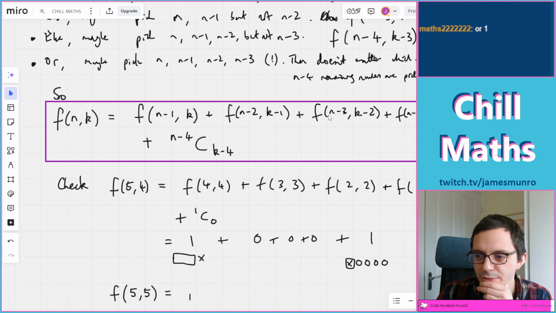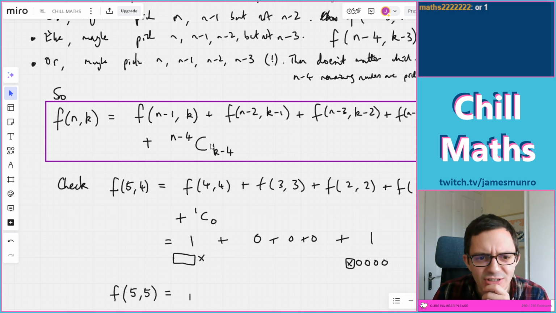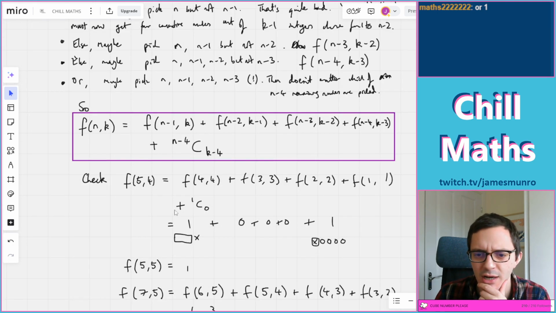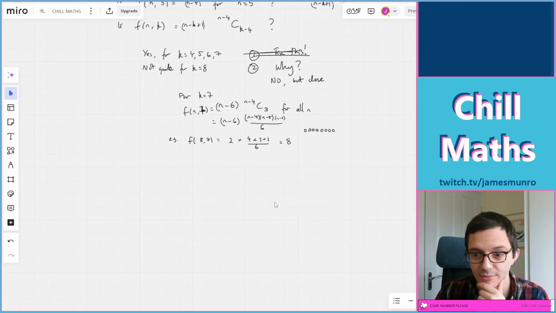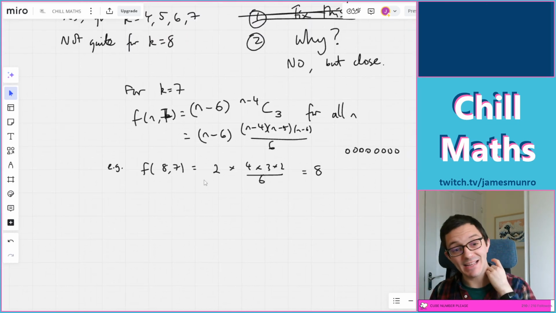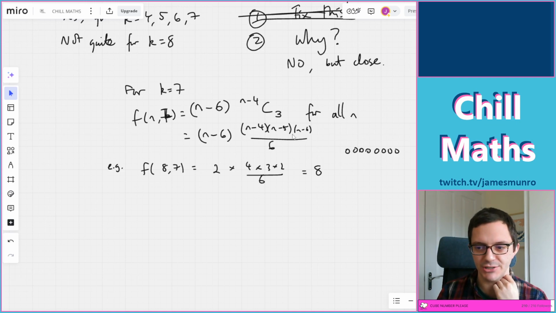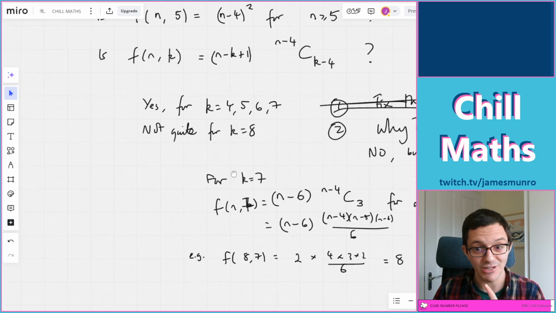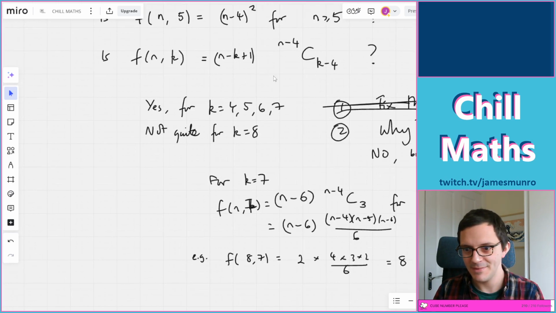So not much goes wrong. If n is 100 and k is 7, then all these terms check out. It's a complicated sum to do. But I claim that when k is 7, you always get this expression, which is a polynomial of degree 4. How do I know this? Where does this come from? I've got a reason for this formula, which again only holds up to 7,